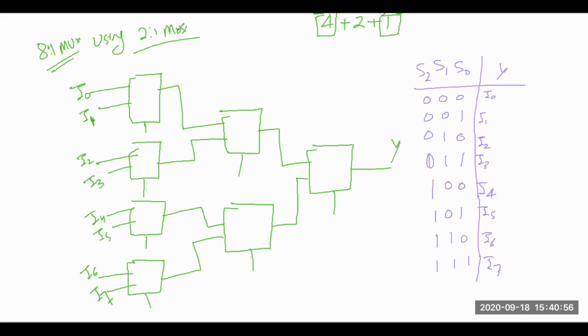The first thing you need to see is that in this first multiplexer you are using I0 and I1. So for selecting I0 and I1, basically you are varying this S0, which means that here it is S0. Come to the second one. There it is I2 and I3, and for getting I2 and I3 as your output at this point, you need to vary this S0. So this is also S0. In the same manner, you need to have I4 and I5 at this point, so for that one also you need to consider S0 as your select line, and here also you need to consider S0 as your select line.